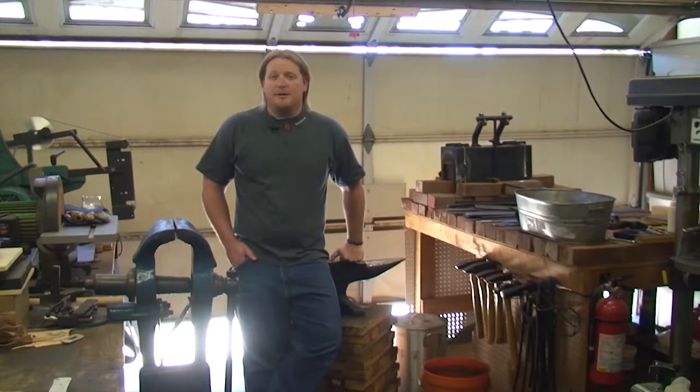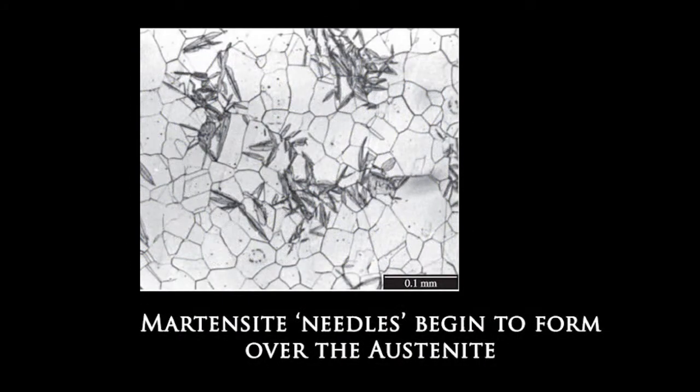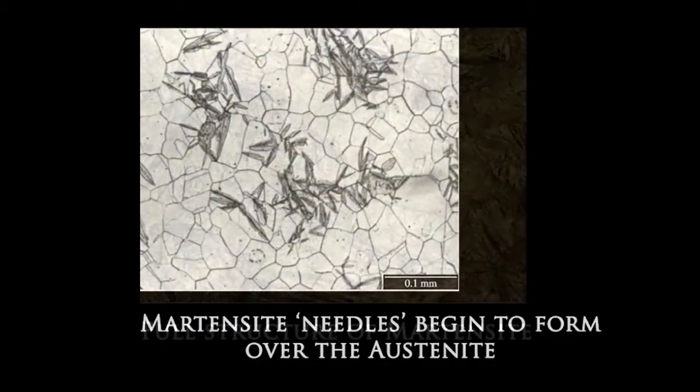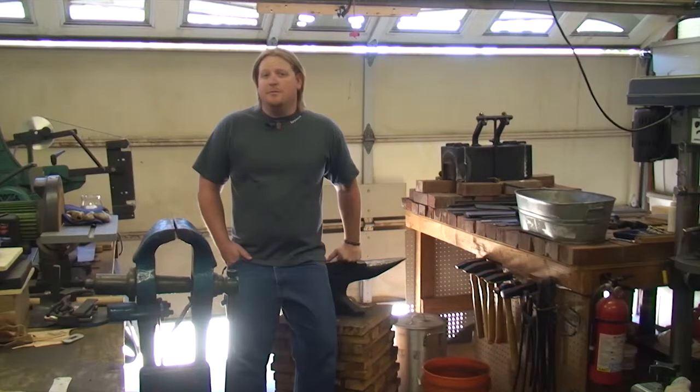This shocks the molecular structure of the steel to convert from a larger grained structure called austenite into a more tightly packed needle-like structure called martensite. Even for similar types of steel, the exact methods and techniques of heat treating will vary from maker to maker. The more accurate you are with the control of the temperature, the more easily you can achieve the maximum potential